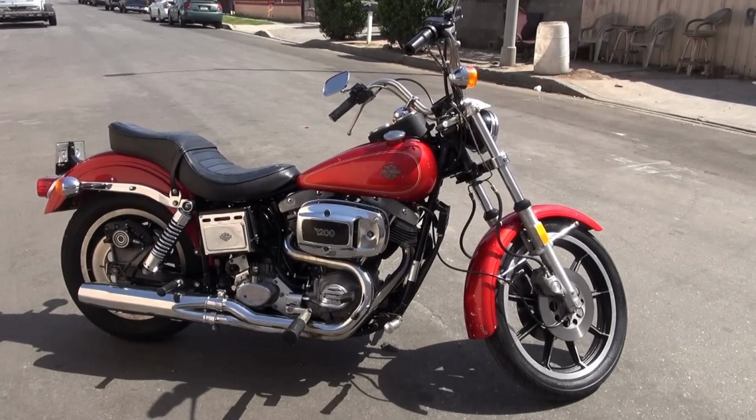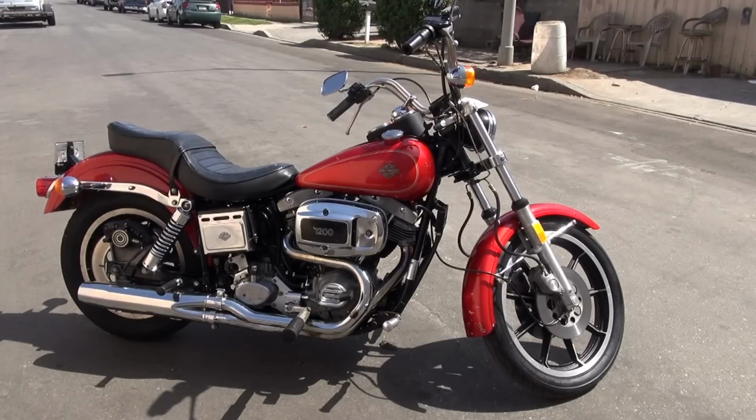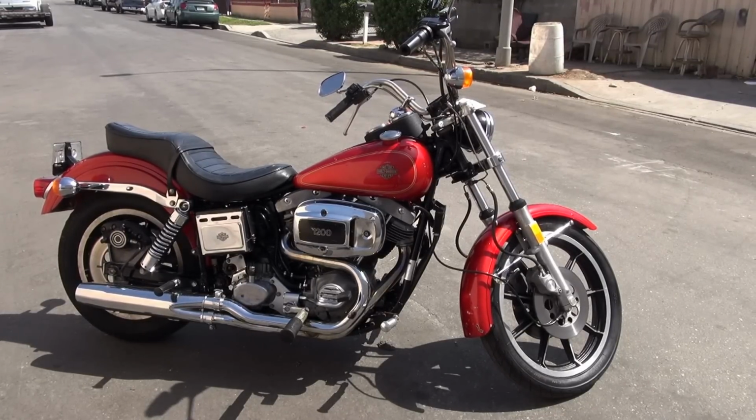Slowly. You got the idle up a little bit. That can be adjusted down if you want. So brakes are working. I had her build all the brakes. She sat for a long time, which is why she's prone